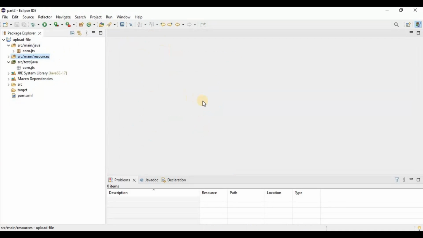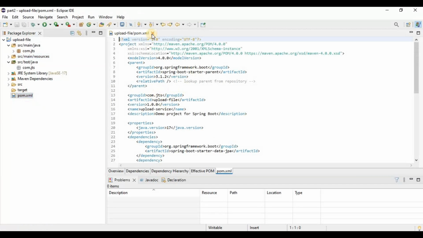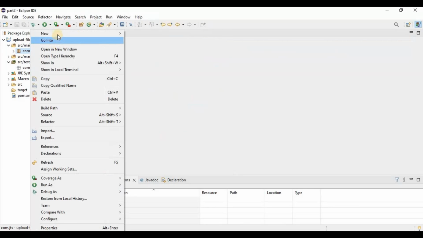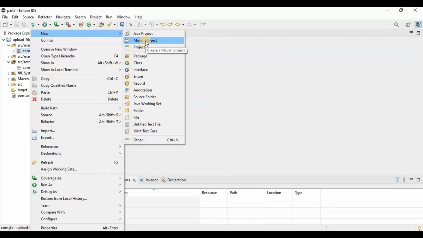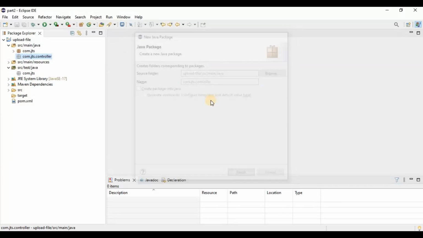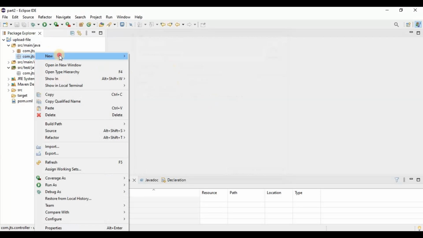Next, for this project, what do we need? The dependencies we have already declared. Next we need to create the controller, so let's create the controller. We are going to create two endpoints: one stores the data into the DB, and the next one gets the file names from the DB. So let's create another package, which will be the controller package, and here we are going to create one class